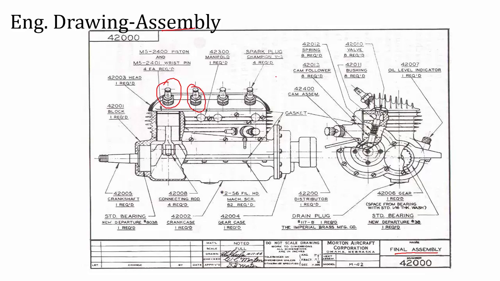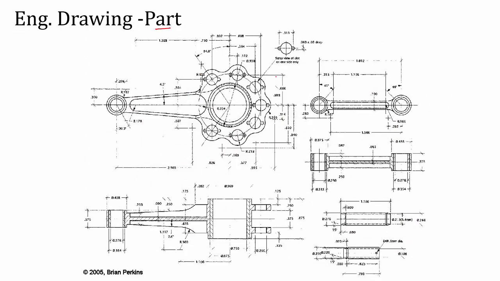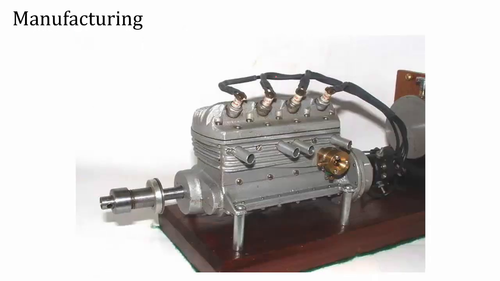Then this is a part drawing of a crankshaft. Here you can see that it's a simple single part. There are no two or more components. It's a single part, that is why it is called a part drawing. Since it is an engineering drawing, it has all the dimension values. All the dimensions are given, and detailed views are given. Everything is clearly specified. So now we can send the detailed drawing into manufacturing. This is the process followed earlier, that is before the evolution of CAD software. This is the final component, final manufacturing of an engine.